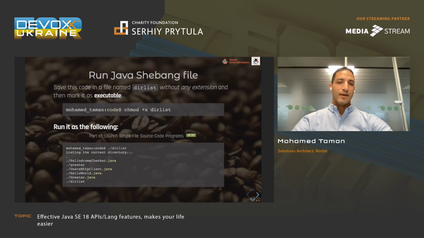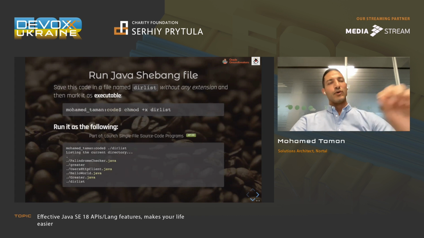What happens here is that the shebang will call Java source code 11 and start to run the application as a single source file in memory, and this is how it runs. So you can literally take this file, put it in your bin folder as private or public, and just call it from the command line, so you don't have to learn bash in order to do some programming.